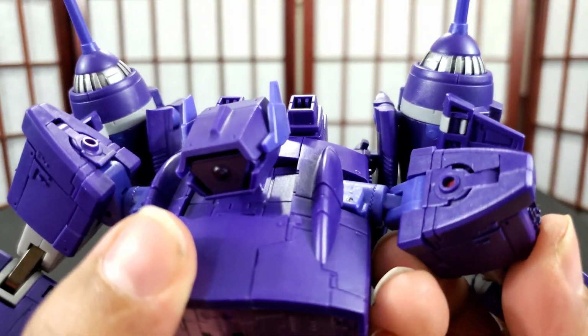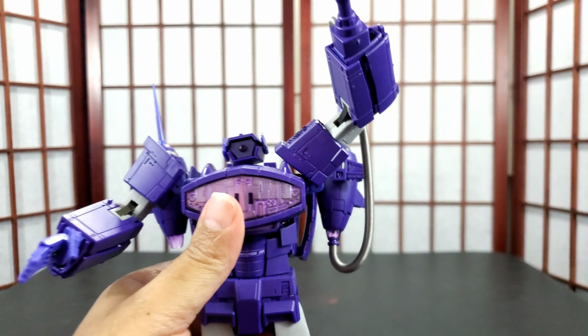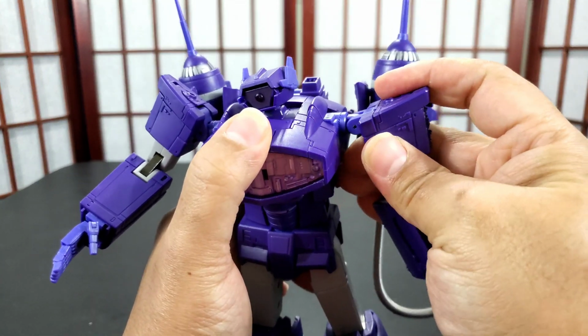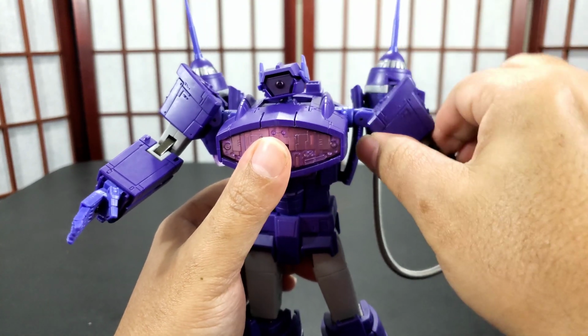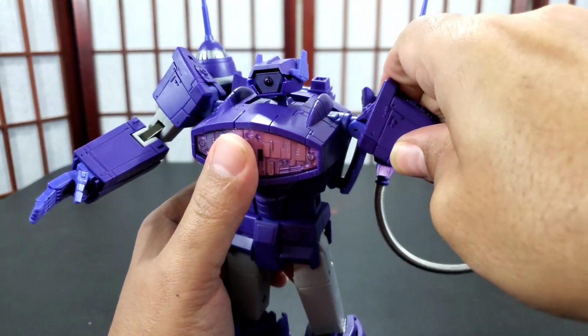Shoulders. He has a bunch of joints where he can get all the way up. And he has a joint here where he can get it up that way, or you can open up that and get a smaller joint. But